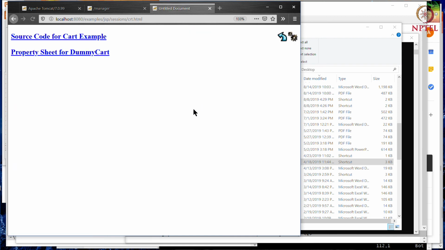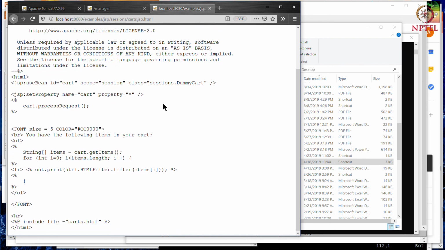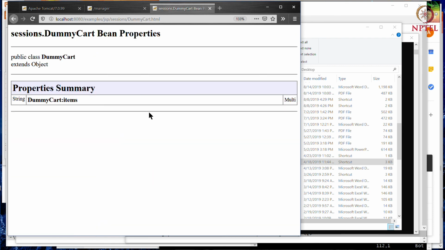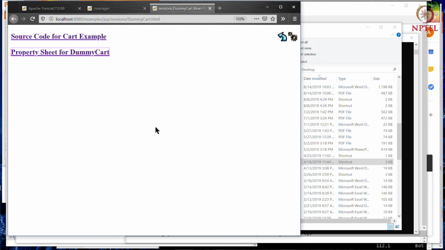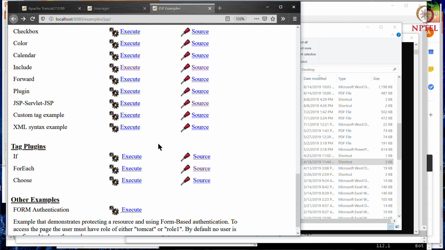And in their source they have also shown how the cart itself is implemented with these for loops in a different style, explicit. They don't use JSTL, it is JSP only, but it's still interesting to see how these things are put together.